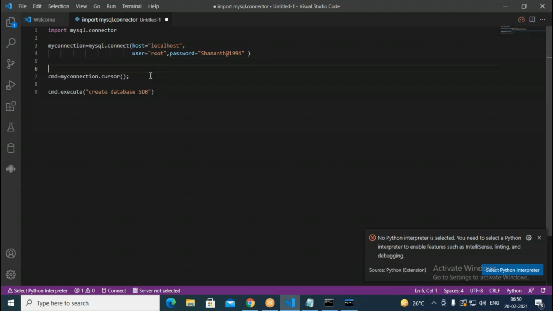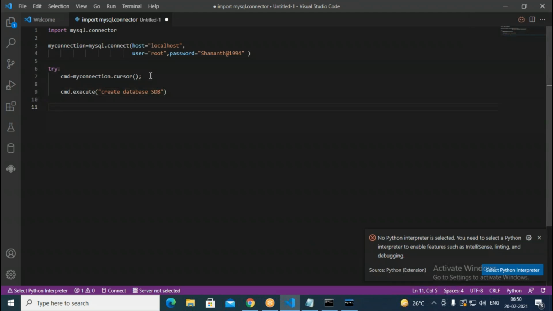Therefore, I go with the try, and when it is try, we need to move towards the right side. Here also, we have to move towards the right side like this. Or else, press enter key, so it is at the same level.